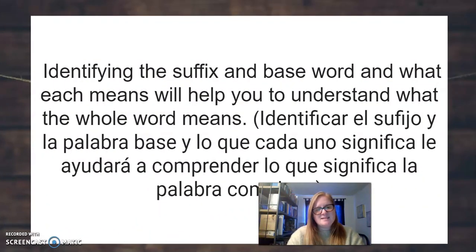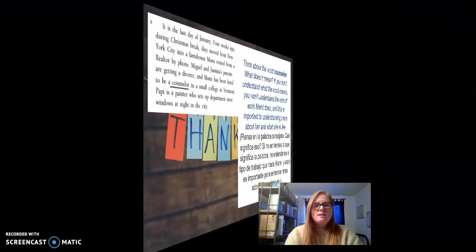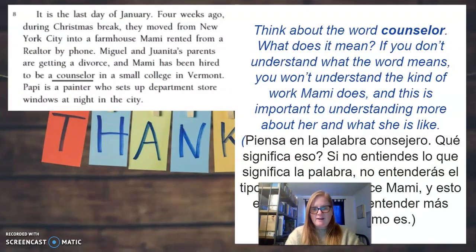So identifying the suffix and base word and what each means will help you to understand what the whole word means. This is important because as you're reading, it's really hard with a lot of different vocabulary. And if you're finding words that you don't know, it's a lot easier to break them apart. And now you know if it ends in an ER or an OR, it could mean someone who does something. So as an example, we have